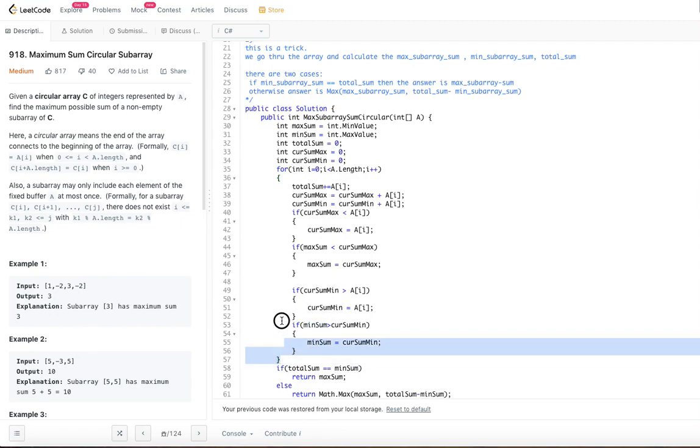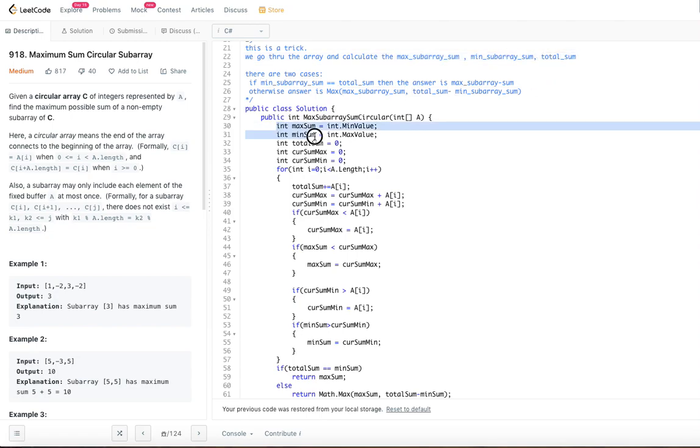This loop will be executing from 0 to n minus 1, that is, a dot length minus 1. At the end of this for loop we have total sum, max sum and min sum, just like we said in the concept. So we are calculating the max subarray sum, min subarray sum and total sum.